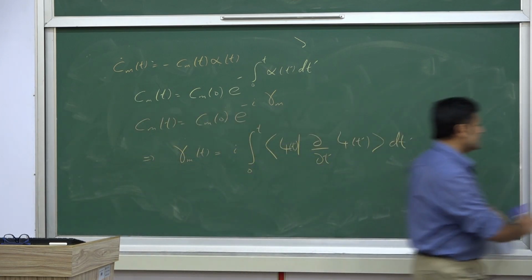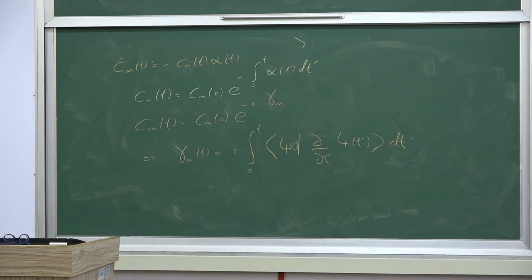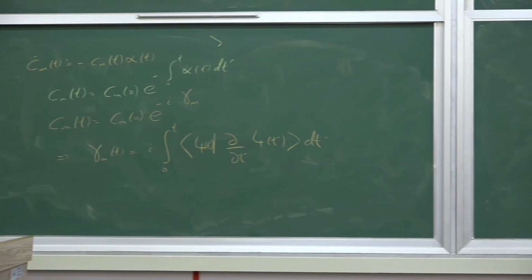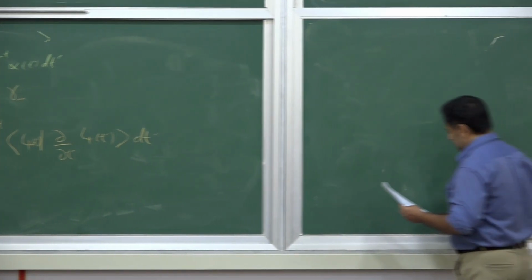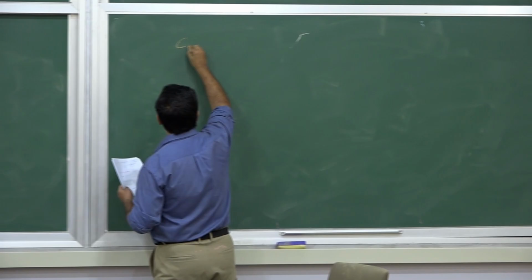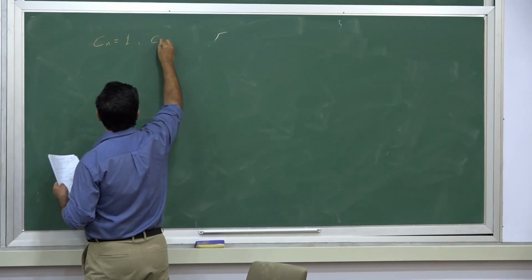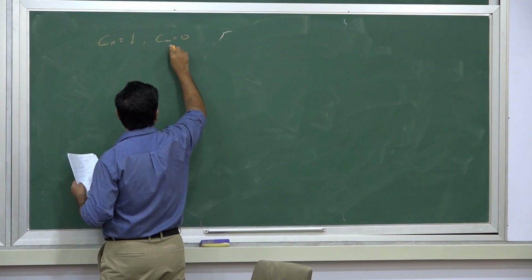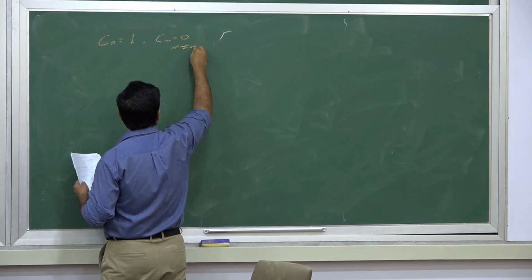And if I assume that I started in a particular state, let's say state n, so if the initial condition is Cn is 1 and all the other Cm are 0,